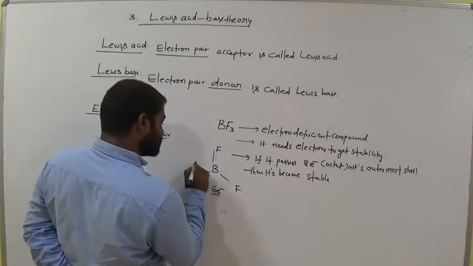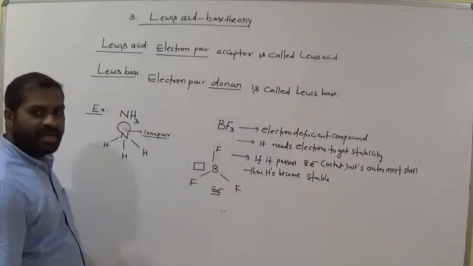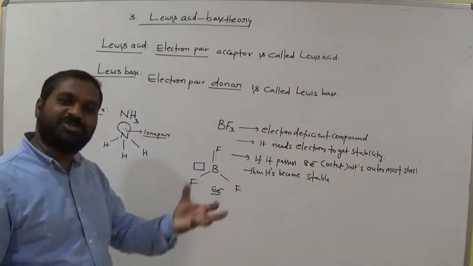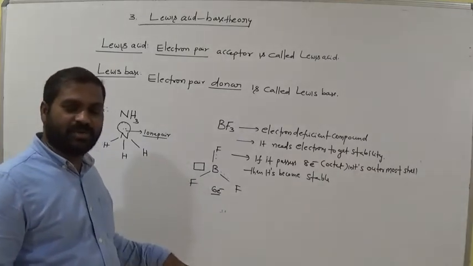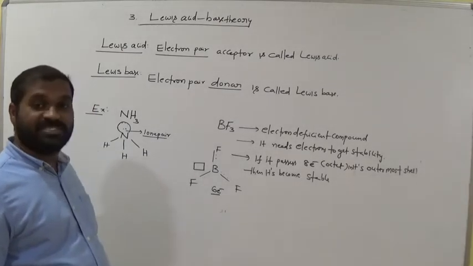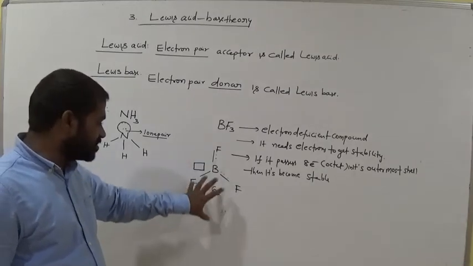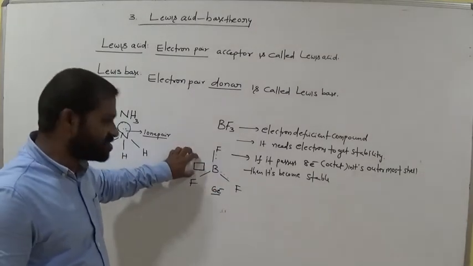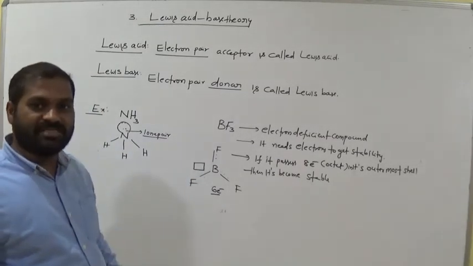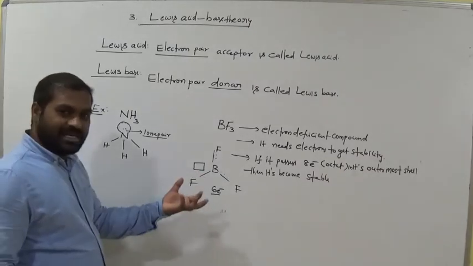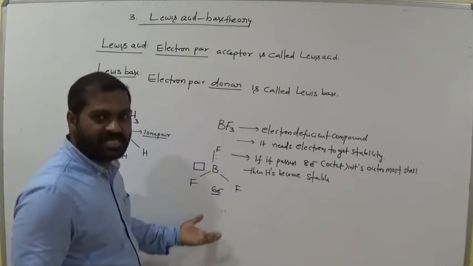So that means there is one empty orbital here. I represent the empty orbital like this. There is space to get 2 electrons in boron. If it gains 2 electrons, then it will become stable by getting 8 electrons. That means it undergoes octet configuration. Now totally only 6 electrons, so there is an empty orbital to get 2 more electrons. Am I right? So now it needs 2 electrons. It is seeking 2 electrons to get stability.